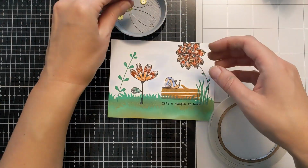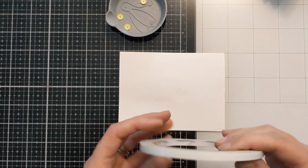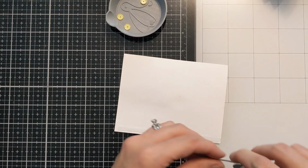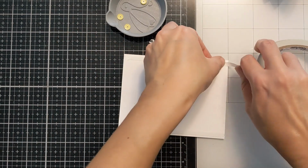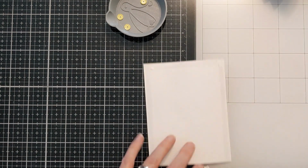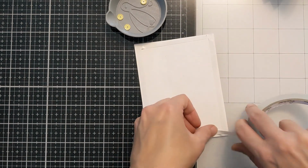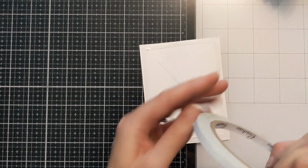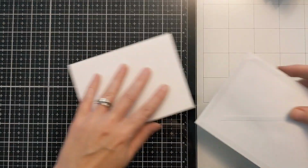And then I get some adhesive here. I'm using this adhesive tape just to really hold it down on the edges, because with using the heat gun, it did warp the paper quite a bit. So I want to make sure that it adheres well to my A2 size card base. I'm going to attach it to a 110-pound cardstock. And I'm using the little